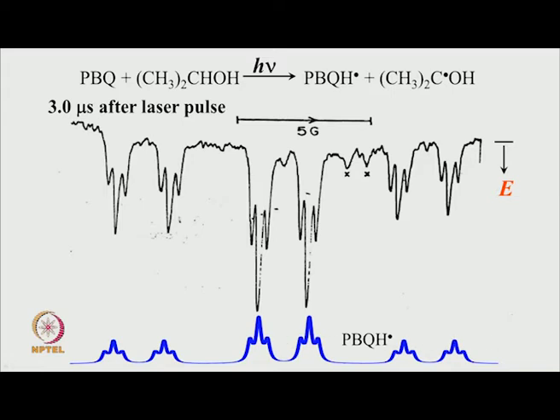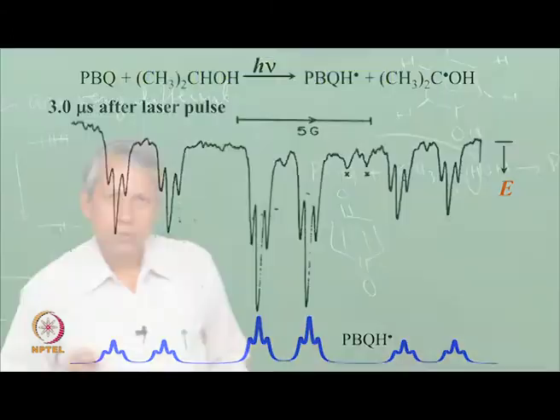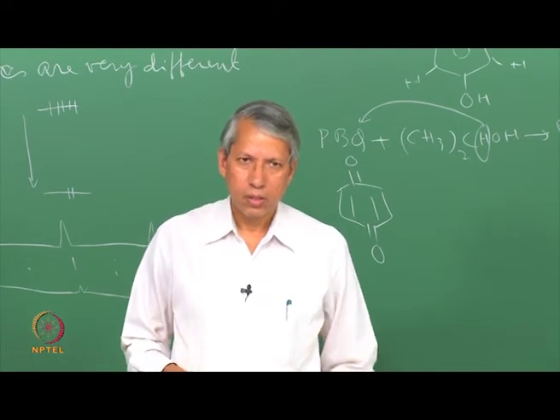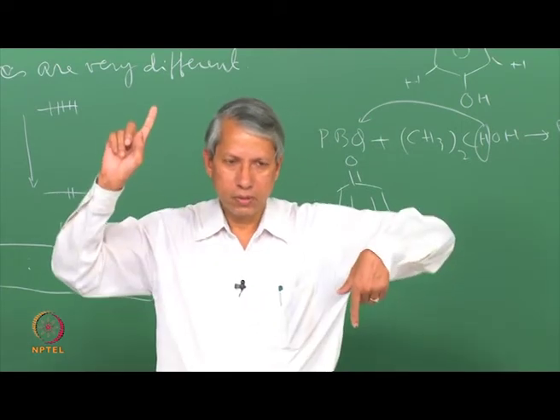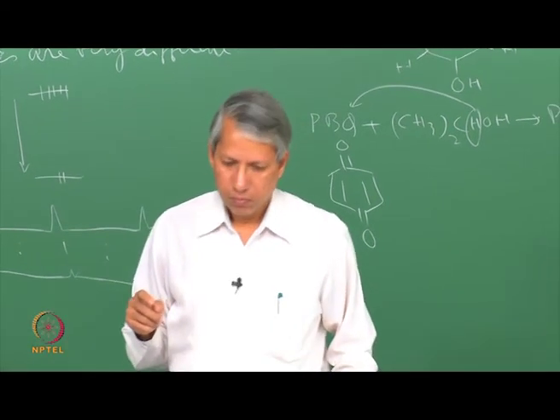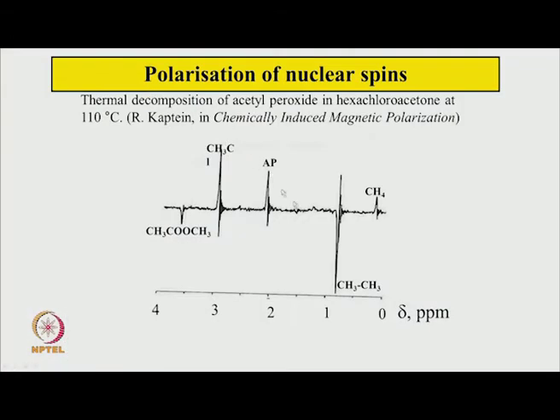Now, I said earlier that when this first 1963 observation of Fessenden and Schuler on hydrogen atom giving these two lines in this opposite fashion, many people may not have paid any attention, but later, in the early 60s, NMR experiments showed lots of such signals. Let us see one of them. This is the NMR spectrum of this chemically reacting system where acetyl peroxide is reacting with this solvent here.